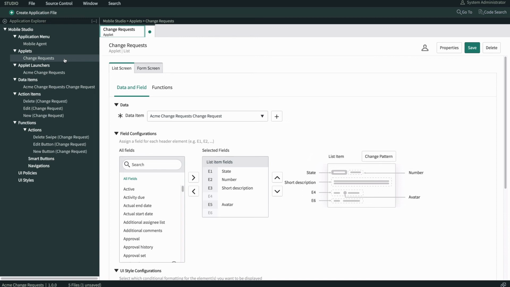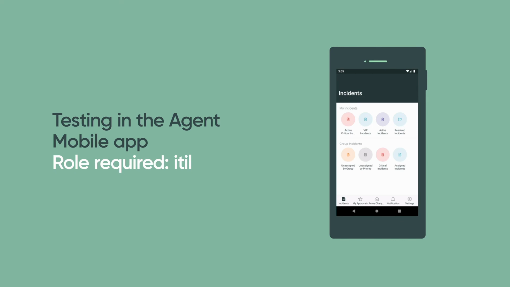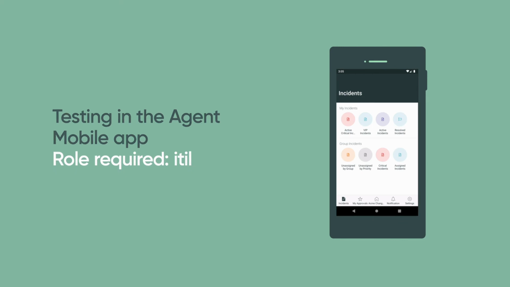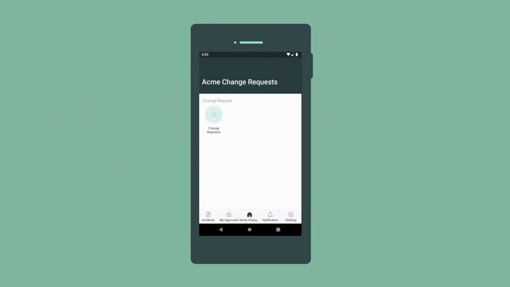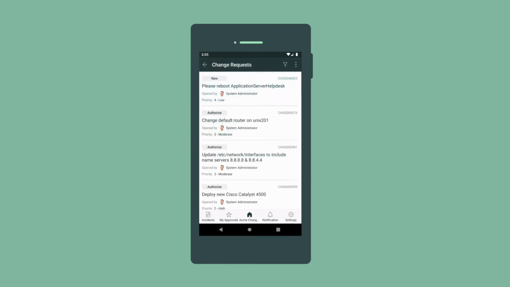So far, the app contains a list applet and an applet launcher. Let's see how the app works so far in the Agent Mobile app. We log in as a user with the ITIL role. And here's our new app. Here's the list applet created by default. It displays all change requests in the table. We can add a new record,